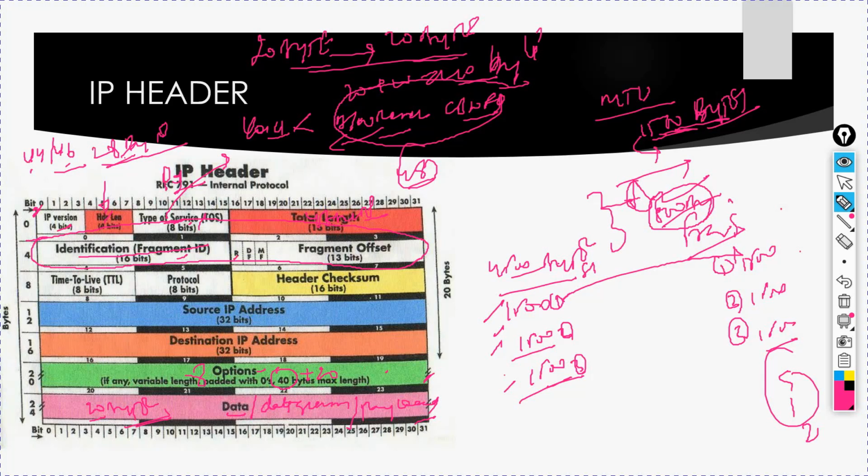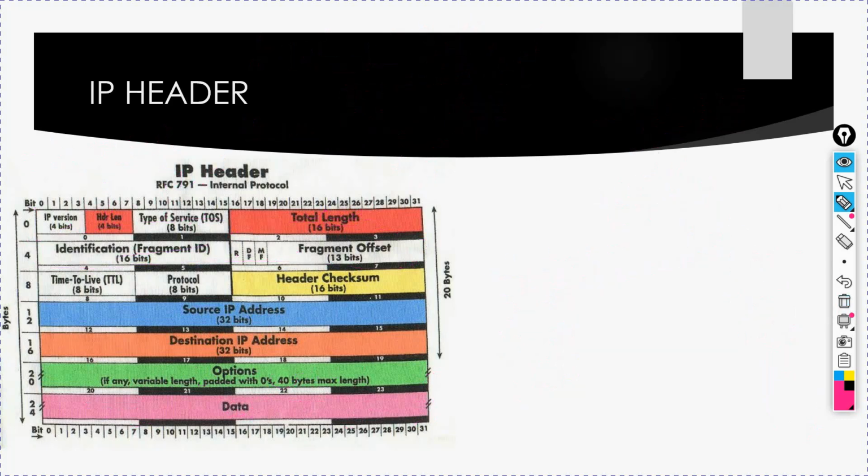Now this R is reserved, 0 or 1, and it's set to 0. It is reserved, not in use, maybe for the future. Then Do Not Fragment. Before that, I want to explain fragment offset and more fragment. Why? I will tell you that. So let's suppose fragment offset. You need to understand only one thing about fragmentation first. It is used for reassembly,